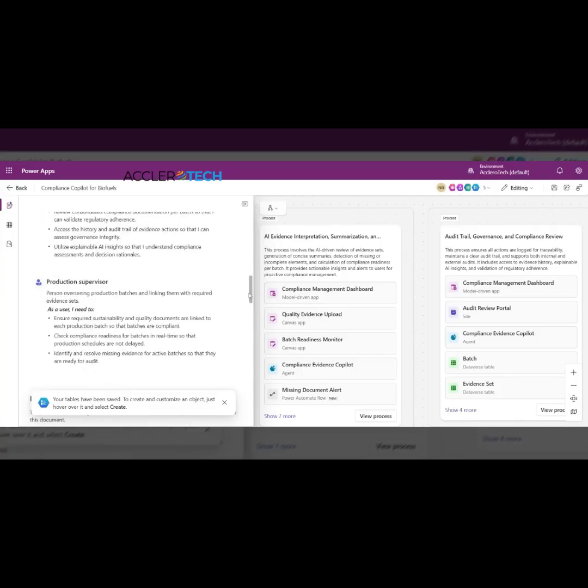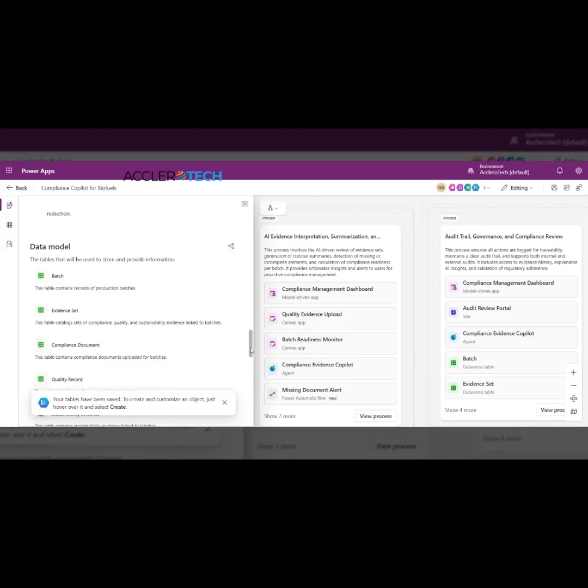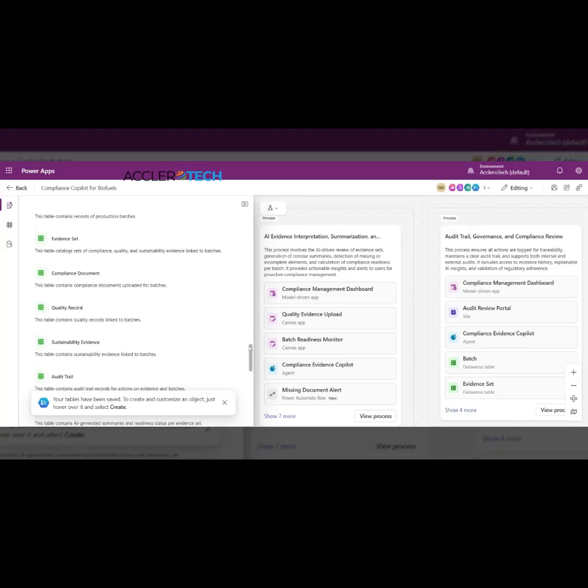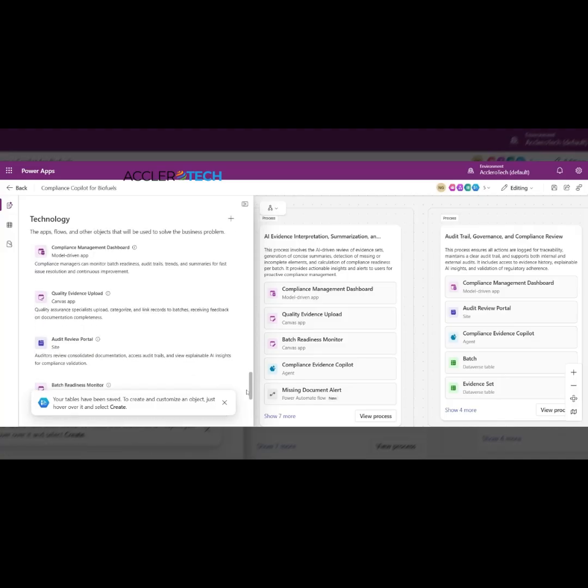The plan design then has mapped these processes with a set of tables where the data is going to be stored, and then the technology stack has been created. So as you can see, for each process, the apps and agents have been mapped. I will now show you the